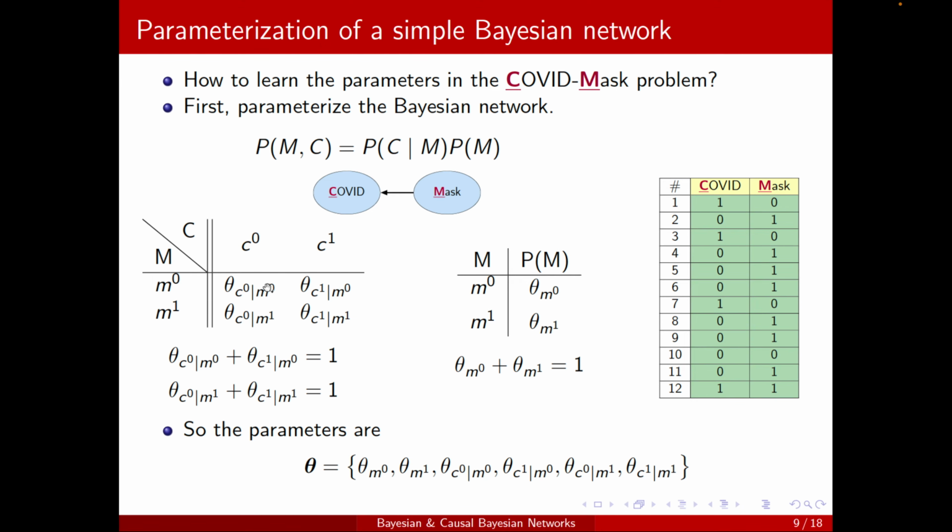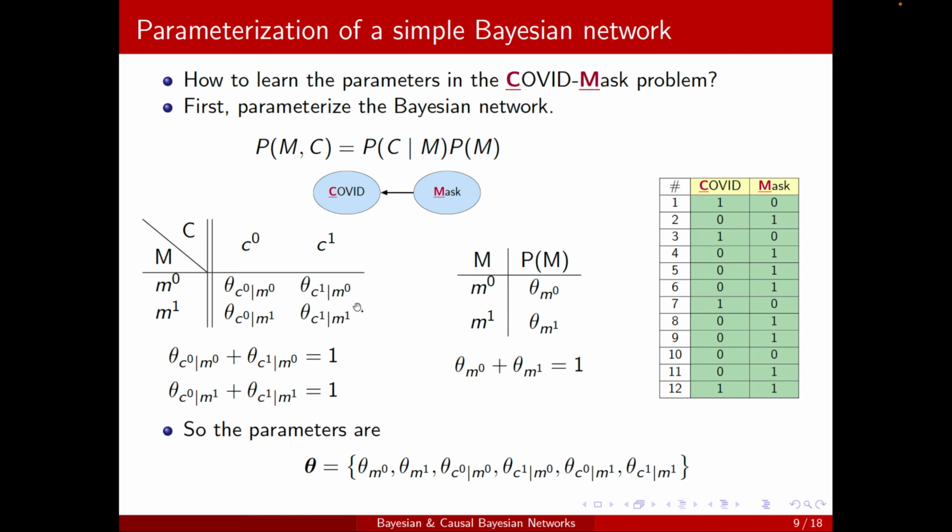So I just need to put this parameter for, here I have C1, M0, so this parameter for instance 1, and then for instance 2, it's the opposite, this one, and so on. So I just count how many times, for example, 1 and 0 appear, and then for that many times I will have this parameter